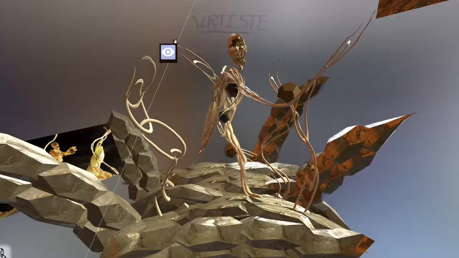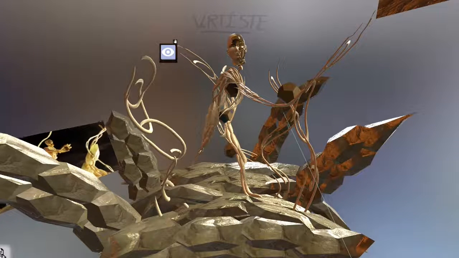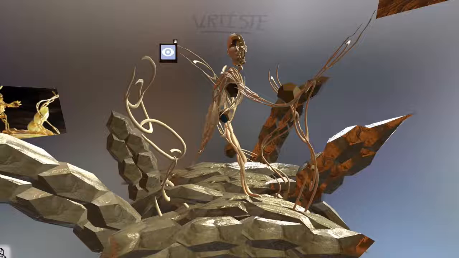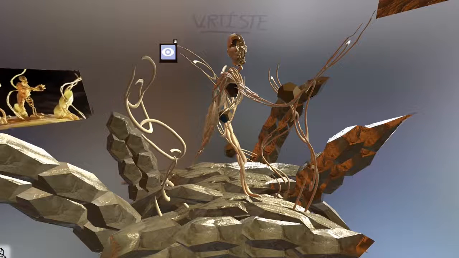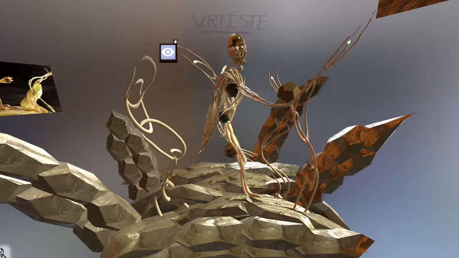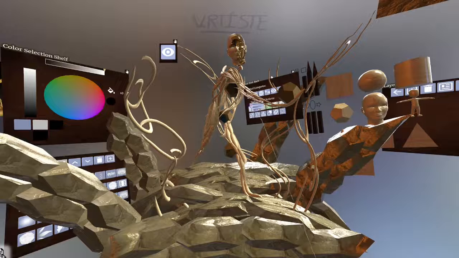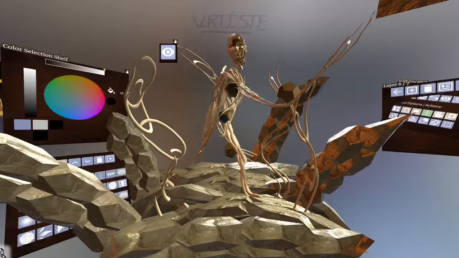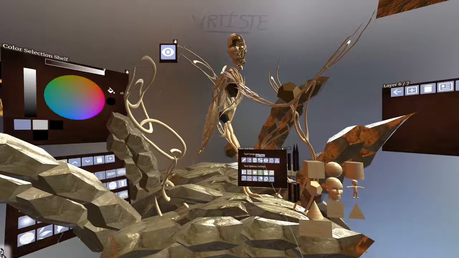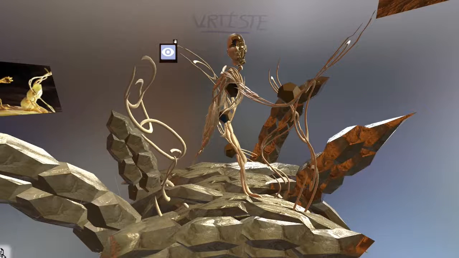And yeah, this is pretty good, I think. This is pretty much what I did. And from here, you can either play around with the lighting and stuff inside of VRTeast, or you can go ahead and export it. I'm going to just go ahead and export it before I forget, if I can find it here.